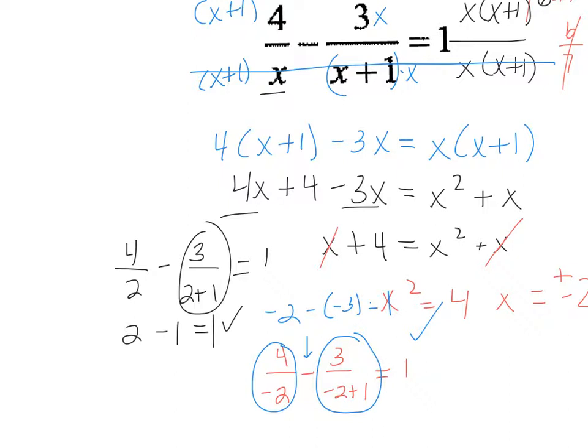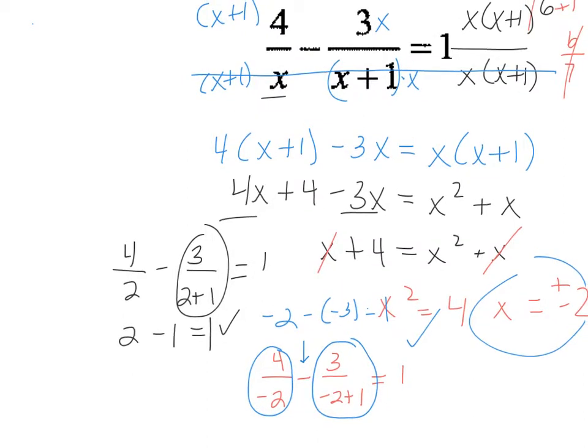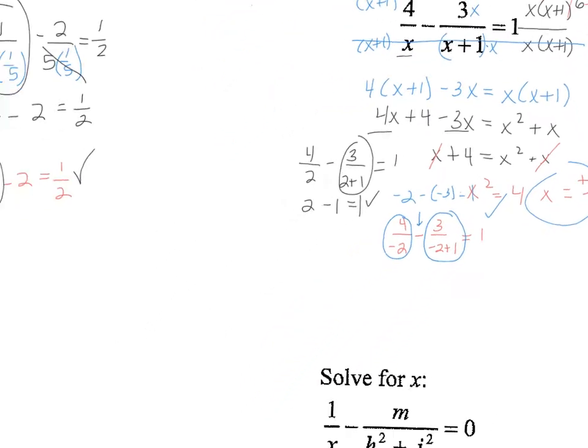That works as well. So my answer is positive and negative 2. Both of them work. And they're both within the restrictions of here. The restrictions are x can't be 0 and x can't be negative 1. And then down here,